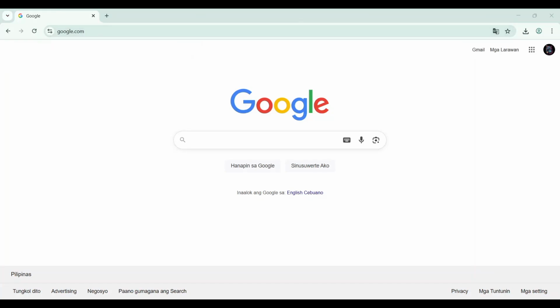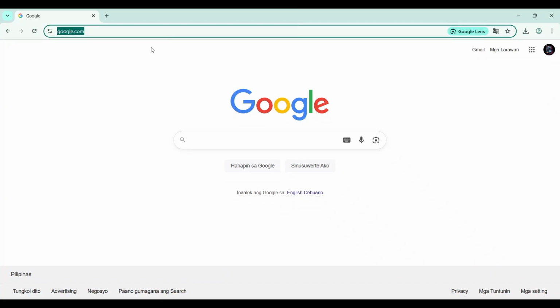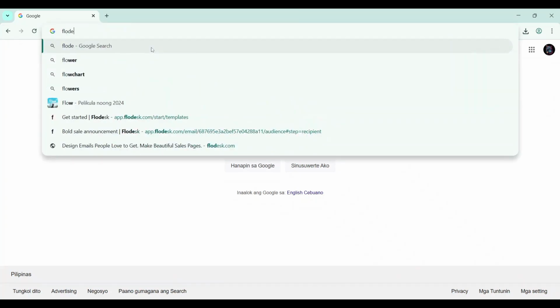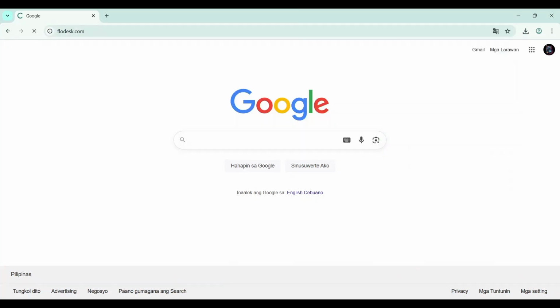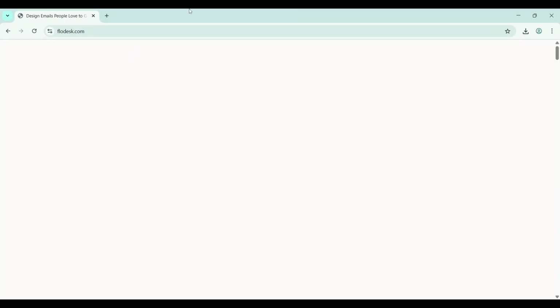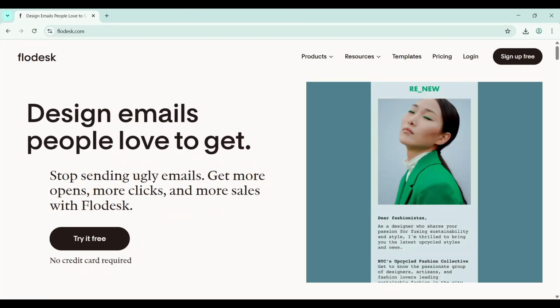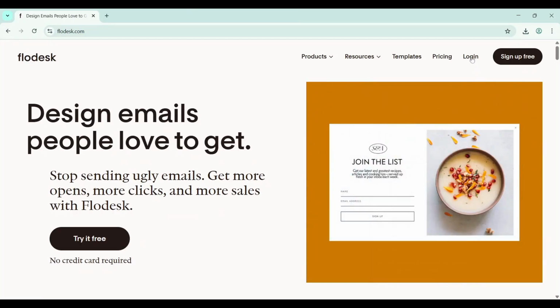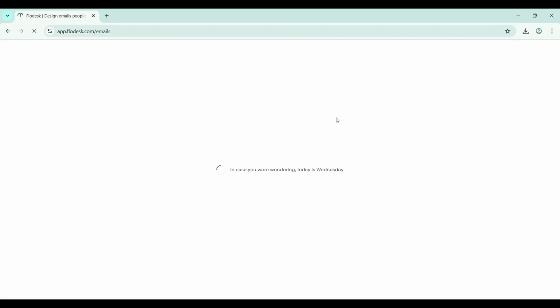Contacts to Flodesk. So to get started, you have to open any of your browsers and then log into Flodesk. So you have to search flodesk.com. Then from right there, you just have to sign into your account. And then once you're there, you just have to go